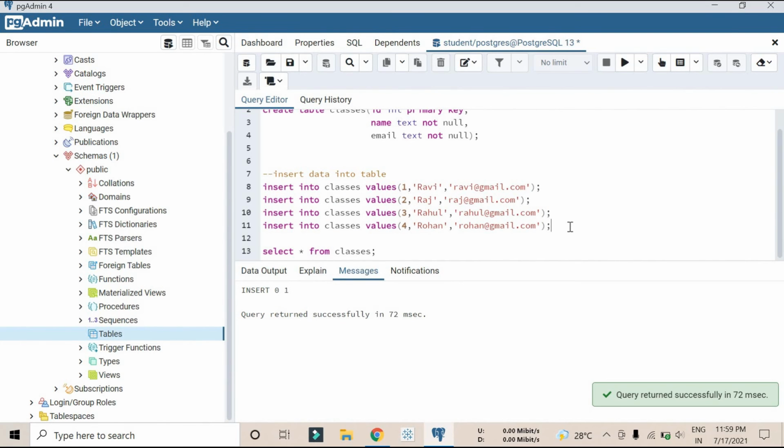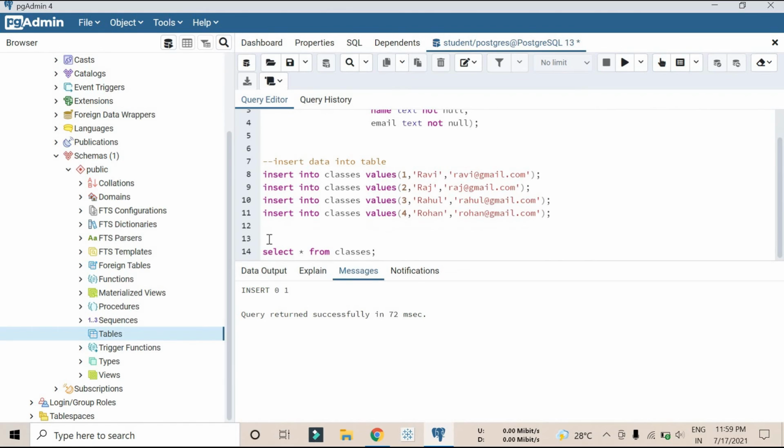And let me add a comment here, so that I will post all the queries in the description section. You can directly copy it and paste it in your PostgreSQL, so you can get an idea about this. So I am trying to print the data, right? Print the data inside the table. And this asterisk means all. Asterisk is a wildcard, a special symbol which is used for all. So I'm trying to print it, and let me print it again for you guys.